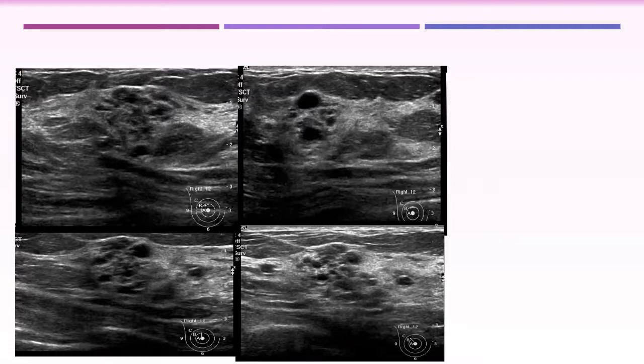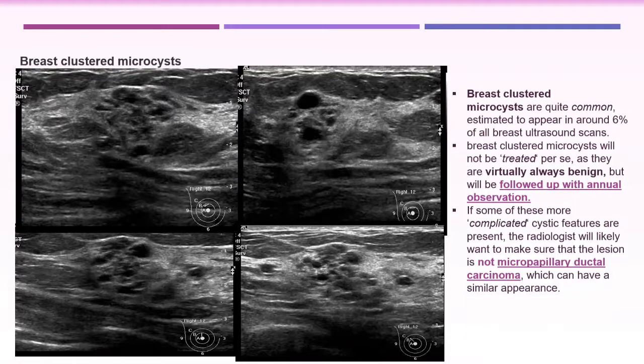Is it complex or multiple small cysts? What do you call it? Multiple small cysts in the same area, fibrocystic, or microcysts. Yes, clustered microcysts. We call it clustered microcysts in a case of fibrocystic. This is a case of fibrocystic, and we have to make sure these are not complex but